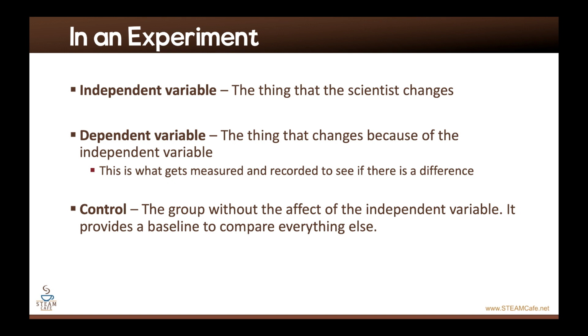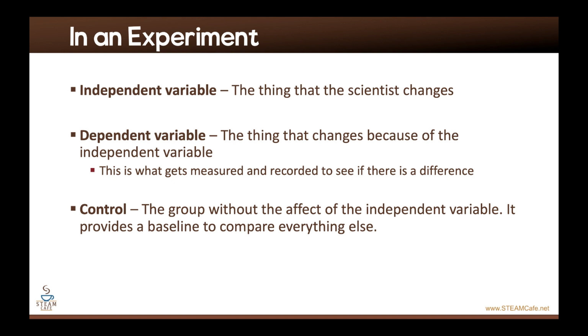I think of it as the dependent variable depends on the independent variable. The dependent variable depends on what you did to change the experimental groups, okay? And those variables, because there's actually usually many, get measured and recorded to see a difference. Your dependent variables are the things you measure. When you're doing an experiment, how do you know it worked? What did you record or compare it to? That is the dependent variable, okay?